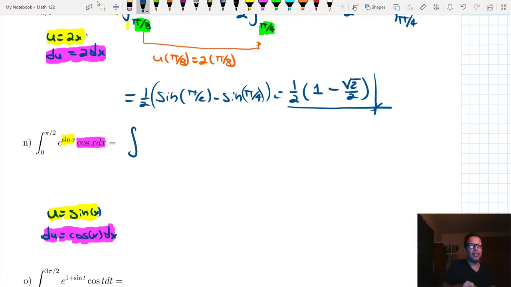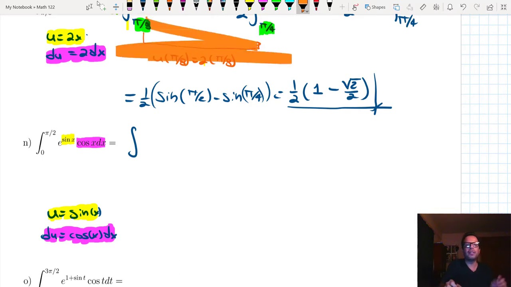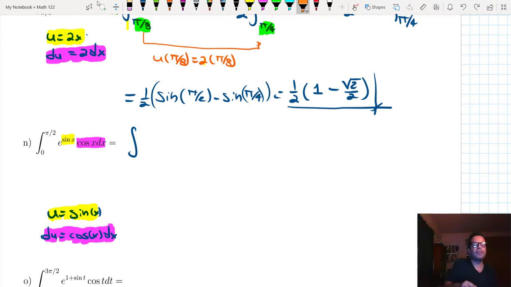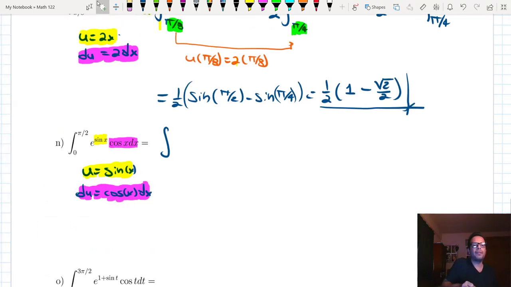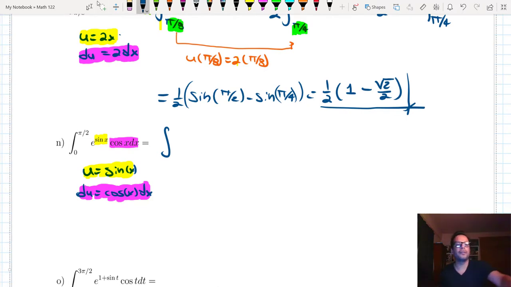Well, here I'm going to run out of space, so I'm not going to do this the same way I did it over here. I'm going to write it down right next to here, actually below this. So never mind, let's move this up here. Okay, so we are going to